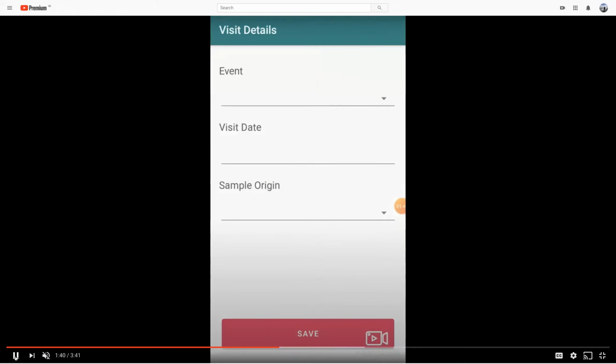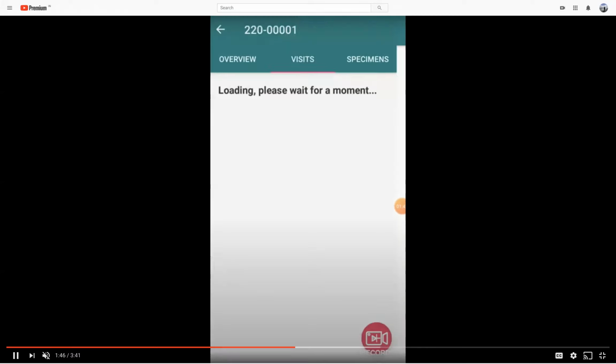Again, this is the visits page. It might look very different to what you are used to, because based on this study's needs, it needed only these fields. So the usual fields like clinical diagnosis, etc., are not here. It just has which CP event this is collecting data for, what the visit date is, and the sample origin, which is basically whether it is the mother or the child, baby 1 or baby 2, etc.